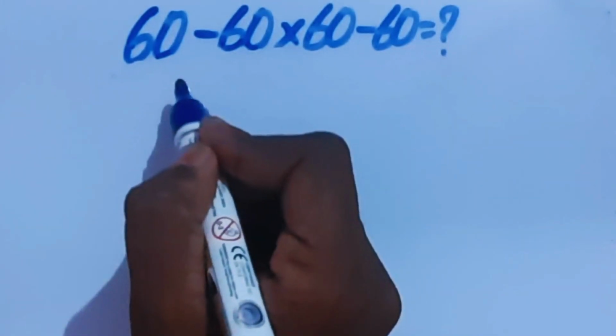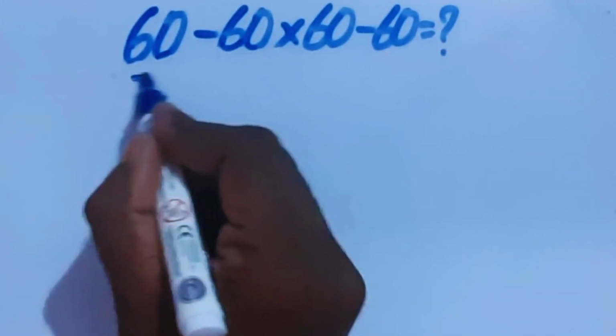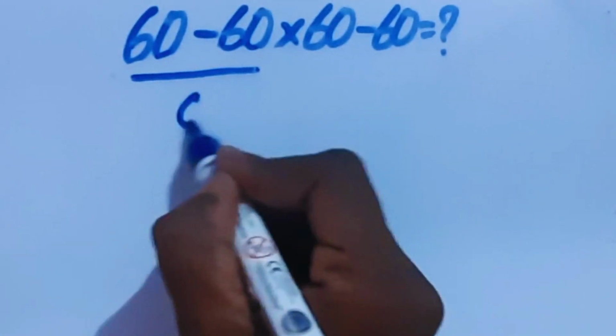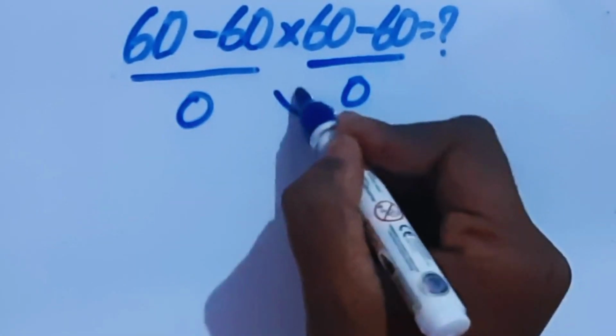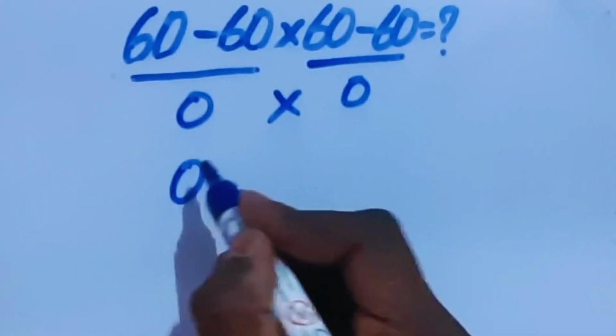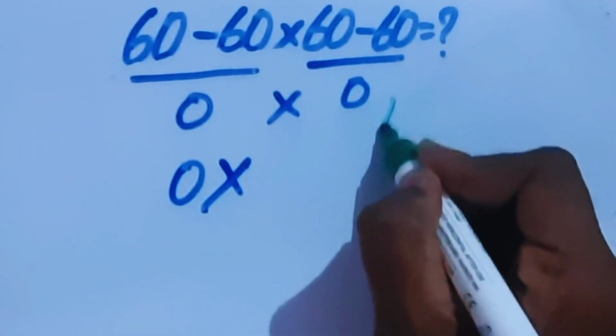Hi guys, most of the people will get answer 0 for this problem in the wrong way. Here 60 minus 60 is 0. 0 times 0 is 0. This is wrong. As per the order of operations, PEMDAS,